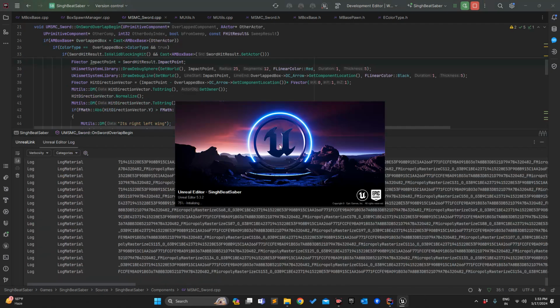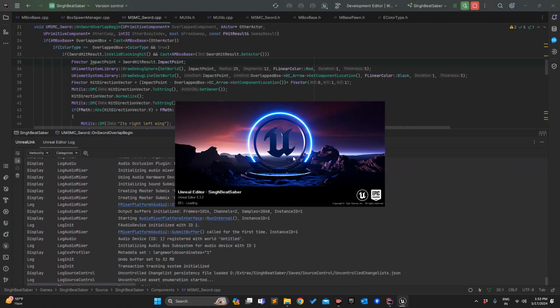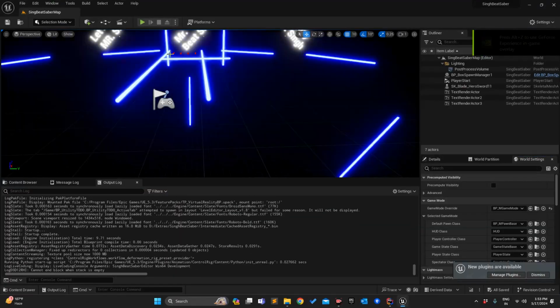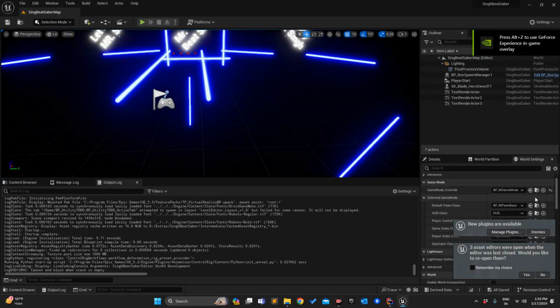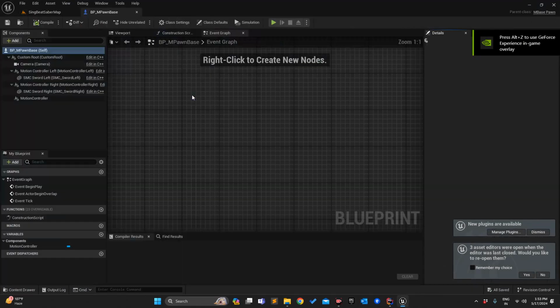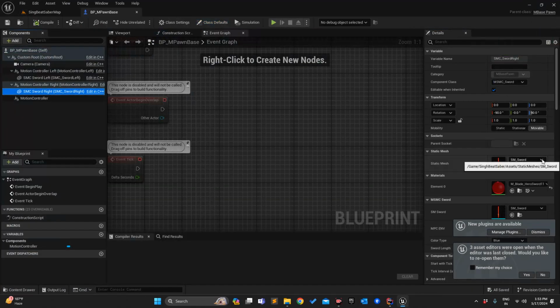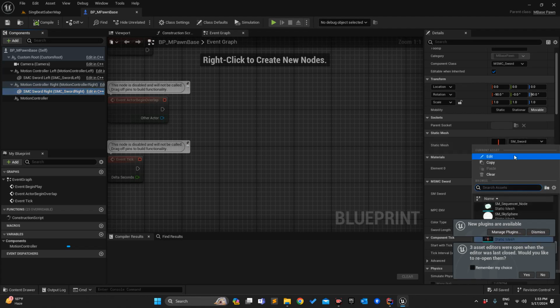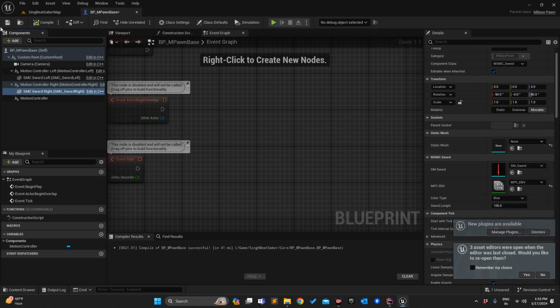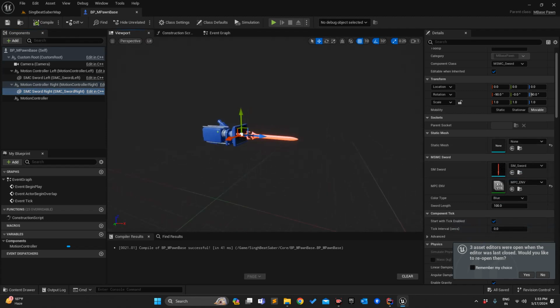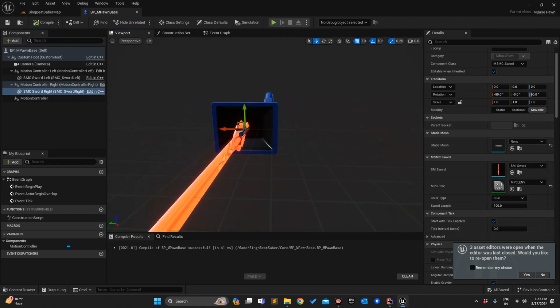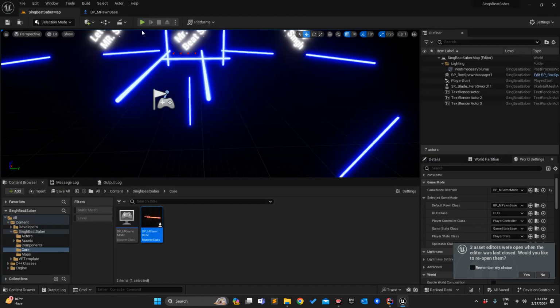And just for the demo, I will remove the right or left sword, so it will remove the confusion, because right now we are using two. So instead of this, I will just clear it out, compile and save. So we are just left with one sword. When I play,